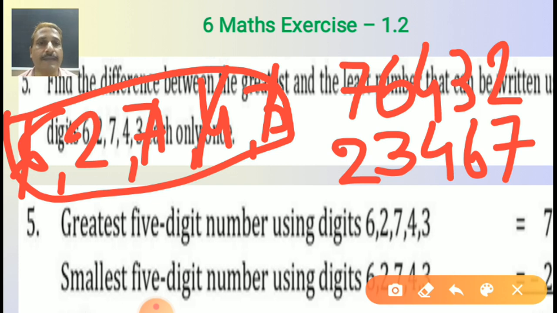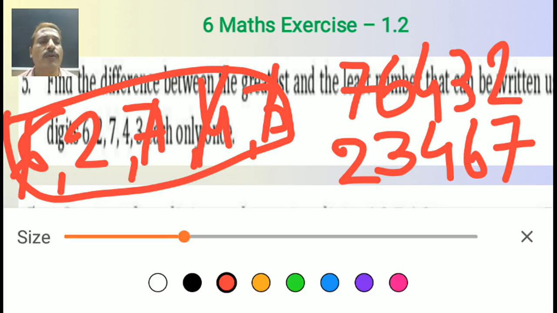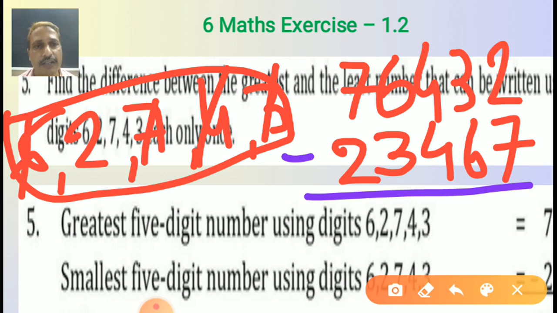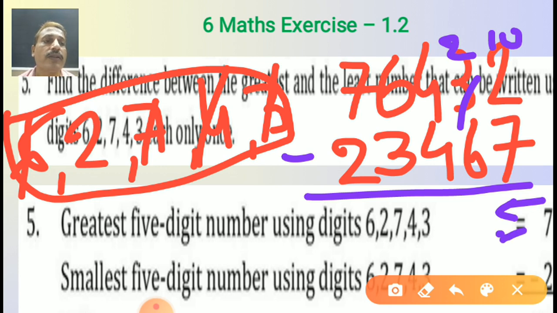Okay? Now I want to change the color of my pen and show you the answer with subtraction. Difference: smallest number and greatest number. 2 minus 7 possible? No. We can borrow from the tens place. Now it becomes 2, and here is the 10. 10 plus 2 is 12. 12 minus 7 gives us 5. Very good answer, students. That should be a 5.